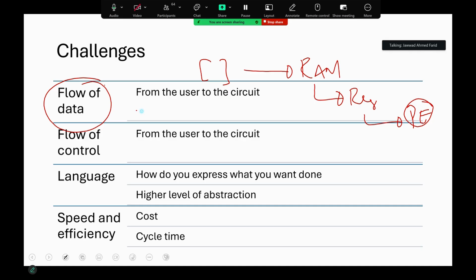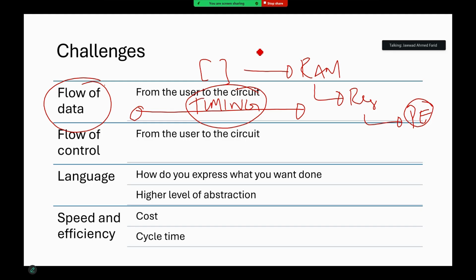अब ये जो flow है, इस flow के साथ मसला ये है कि इसमें timing is critical. In a lot of instances, we believe or we feel that if the relevant information is available at that specific point in time, then we'll get the desired actual result. But if it's not available, then we would have a bigger challenge. The second element that you have to track in parallel with that is the flow of control. So what needs to be turned on and what needs to be turned off. And the flow of control also controls the flow of data. So how do I track it, and then how do I implement it?